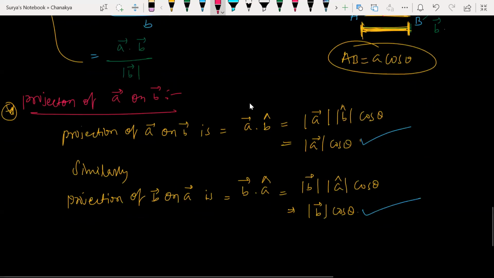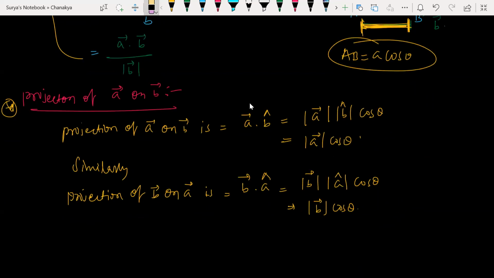All right, guys, look at this here, and this can be written as. If you are getting confused, what can I write like this? Let me write here: A vector dot B cap, he has given, right? This also can be written as A dot B upon magnitude of B. So look at this here. What happens? B and this B together give you what? Cap. That's it. Clear?